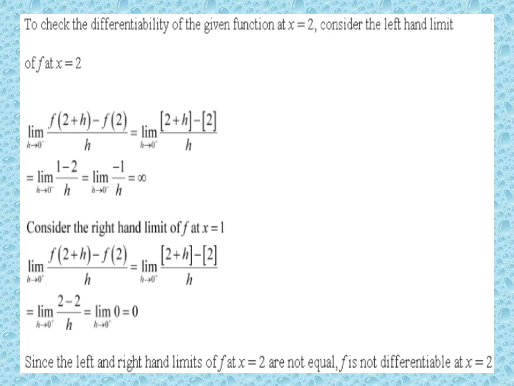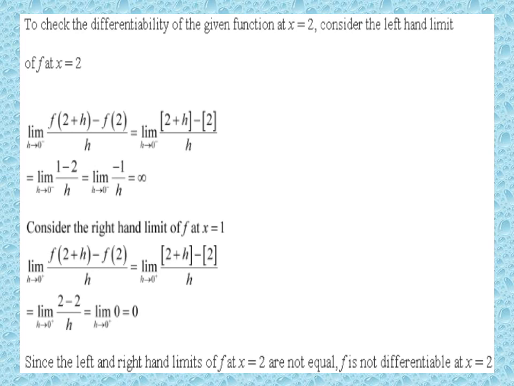Can you say why I have taken [2 + h] equal to 1? So h tends to 0 minus, which means less than 0. Suppose very mildly less than 0, it will be some negative number. So 2 plus some negative number is less than 2. Suppose it is 1.99. And the greatest integer function of 1.99 equals what? 1. By definition, just the smaller integer. That is why [2 + h] is written as 1.